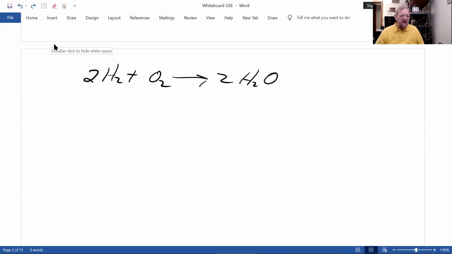Now, this is a balanced chemical equation, and the coefficients, the numbers in front, are always whole numbers, which hopefully you realize by now, exact numbers. But if you can divide all the coefficients by one number and get whole numbers, you should. So if I were to have something like